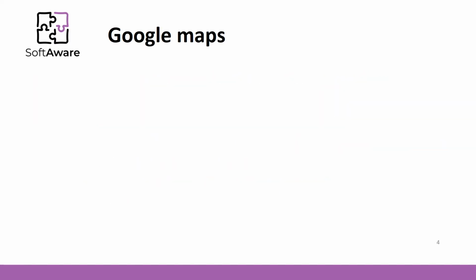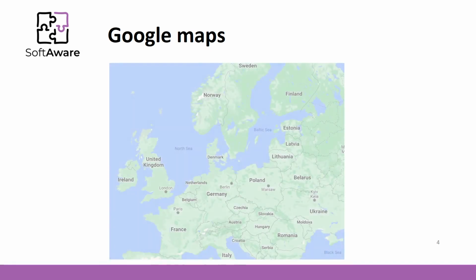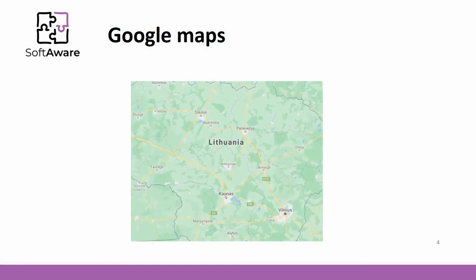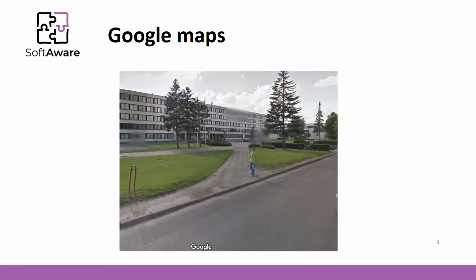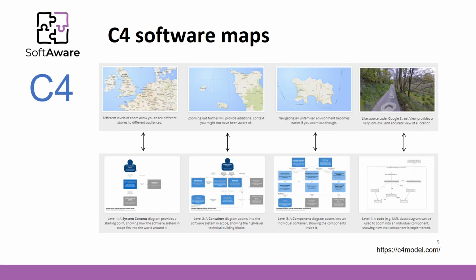As I mentioned before, C4 is an analogy of Google Maps and is called Software Maps. It is mainly based on navigation. Let's say we are driving a car and we want to look for the way or direction to choose. In this case, we can zoom the map or expand it to see more information, for example, in which crossroad we should turn. In this slide, you can see the analogy for software maps.